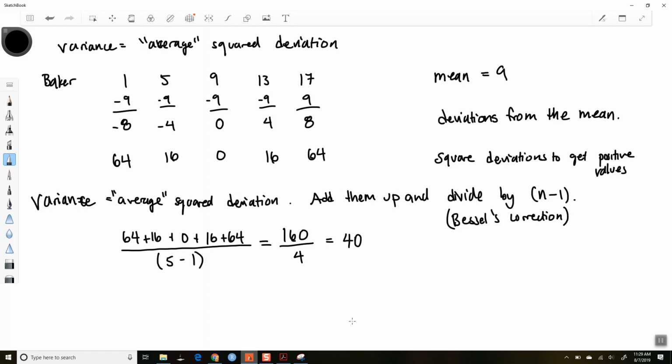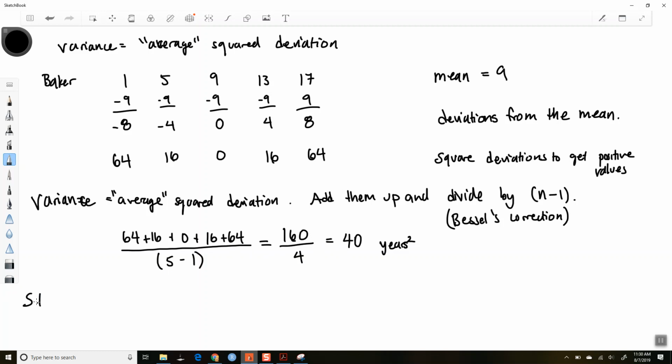And technically, because the ages are recorded in years, the variance is technically in square years. I don't know what a square year is. I couldn't tell you if there's an interpretation for a square year. I guess there's squared time when you're talking about acceleration, like meters per second squared and things like that. Anyway, variance is recorded in square years, and because people don't like the idea of having squared units,